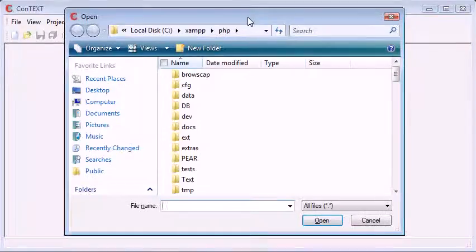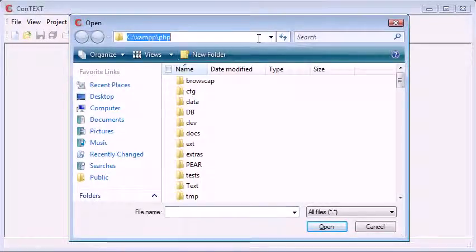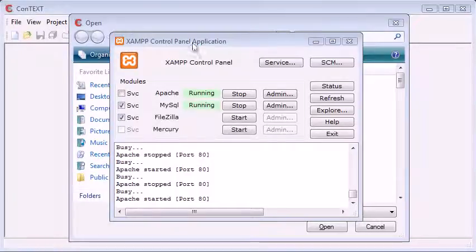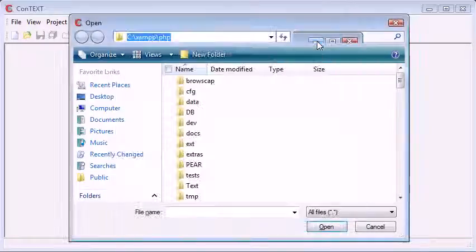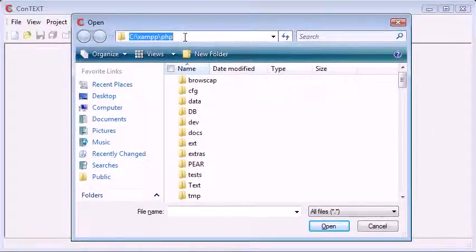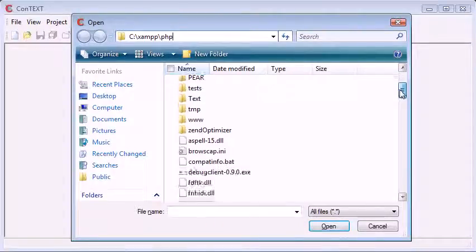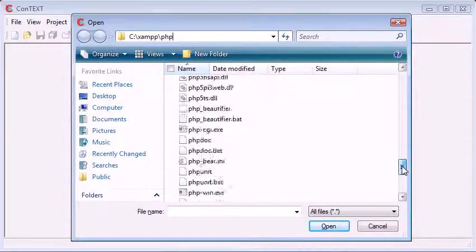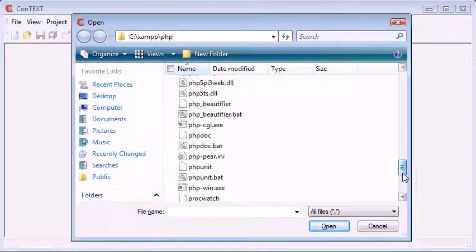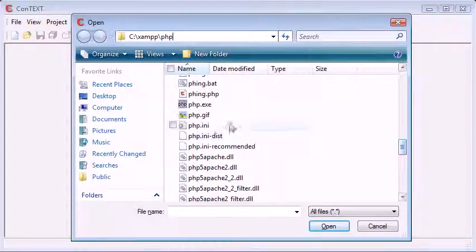So let's open up an open dialog. Now you can see that at the moment I'm in c:\xampp\php. Now this is because I'm running a XAMPP package. You can see here I've got my XAMPP control panel open, and I've got Apache and MySQL running. This is just a package that I've installed that contains Apache along with PHP installed with Apache. So this is our folder with PHP, and it's got all the information and the runtime DLLs with regards to our PHP installation. Now obviously the file we want is, let's just find it, it would be here,